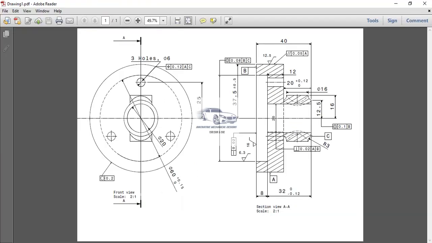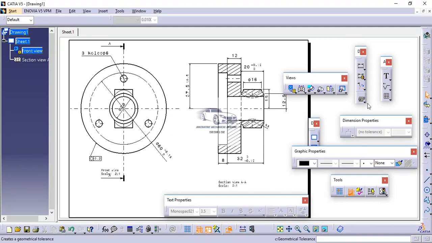Next I have to mention the geometrical tolerance related to straightness. Now the straightness is mentioned for this particular edge, meaning when this job is manufactured, this edge will not be a perfect straight line, but it will be deviated in terms of 0.02. So to mention that geometrical tolerance, again I will go to geometrical tolerance. I will select this particular edge.